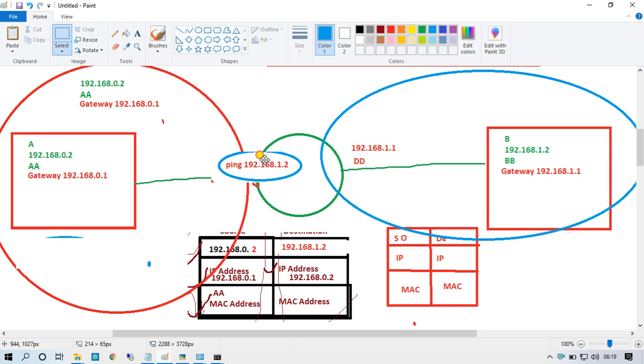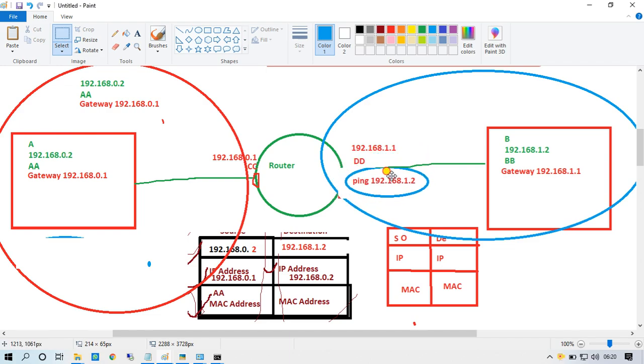After the ARP table, the router will generate an ARP request for the next hop. What is the next hop? 192.168.1.2. Now it knows about the 1.x information.